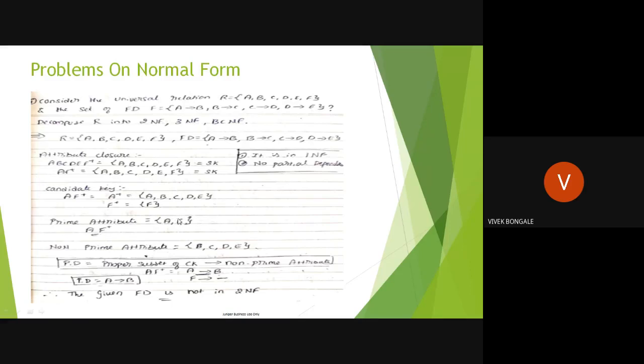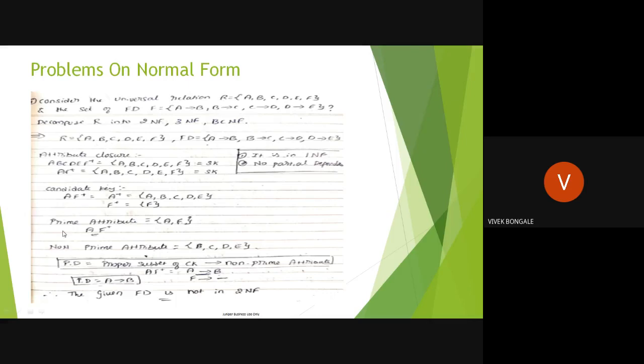With the help of these two attributes, we have made the candidate key. It means these two attributes are participating in the formation of the candidate key. This is the prime attribute. A and F are the only prime attributes in the given relation A, B, C, D, E, F. Except A and F, whatever other attributes are remaining in the relation, we consider them non-prime attributes. Okay, we'll repeat. In the candidate key, whatever prime attributes participated to form a candidate key, those prime attributes are there in the relation. Except those attributes which are participating in the candidate key, the other attributes we say are non-prime attributes.